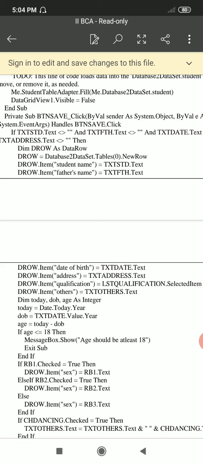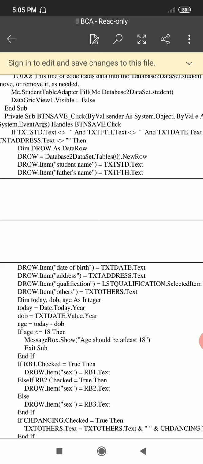But you are using the first table, that is initially 0. So you are using the first table of the database. Here the database name is Database2 and it is NewRow. So drow, so you can add items or fields to this data row. So you are creating a data row here.